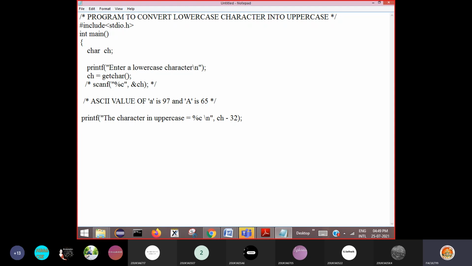You can subtract a number from a character variable or add a number to it, because internally characters are stored with their ASCII values, which are integer numbers. Then it prints its equivalent uppercase character, and then return 0, close.